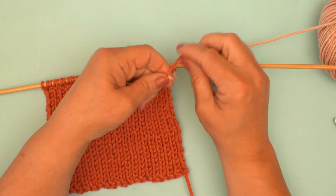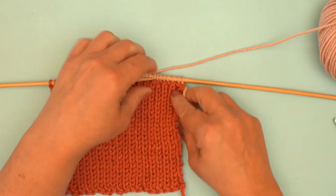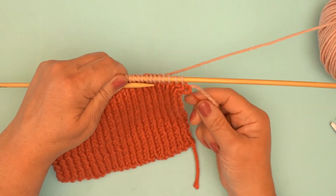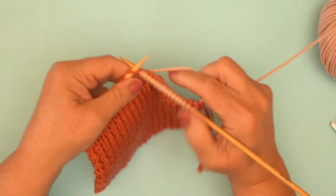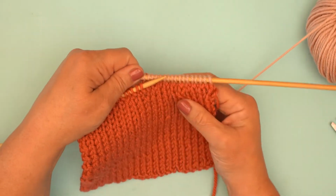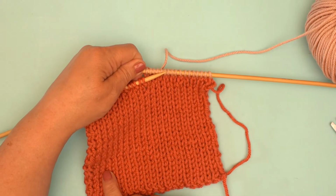I just tie those two together in a little knot like that, so that when you actually come to sew them in, they're there. So what I'm going to do is I'm going to knit 8 rows. I'm going to meet you back here. So I've knitted the 8 rows